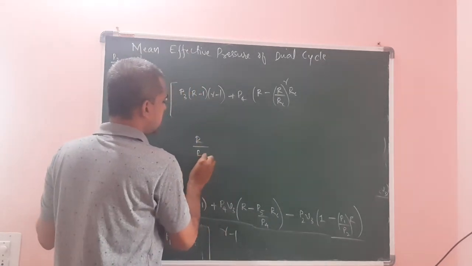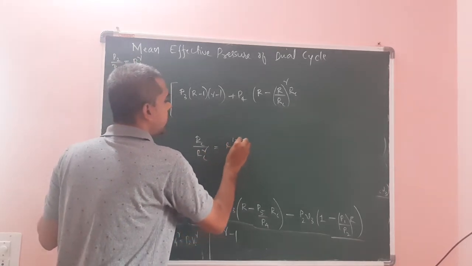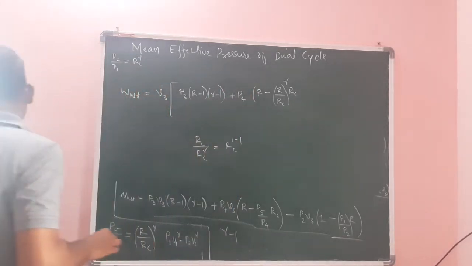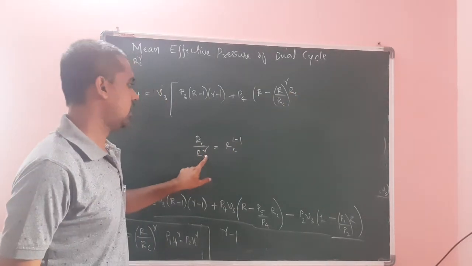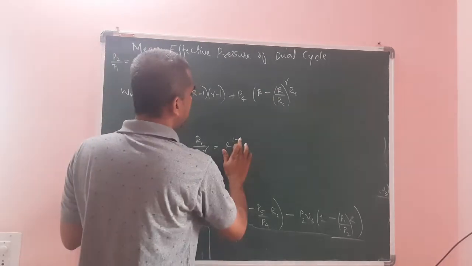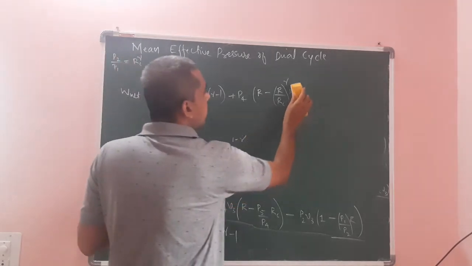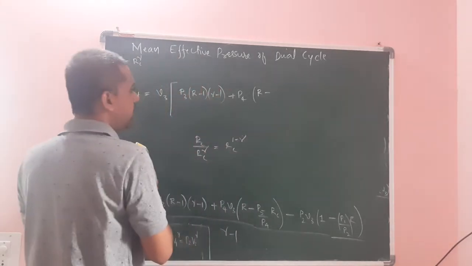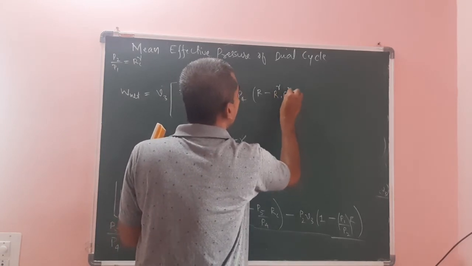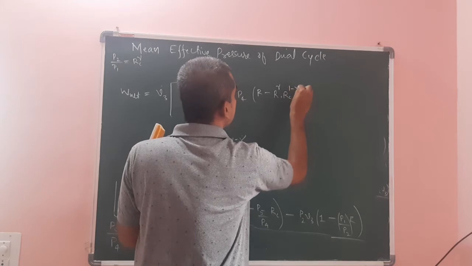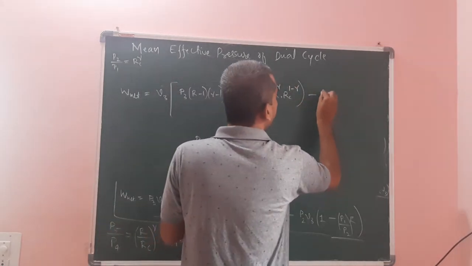RC divided by RC raised to gamma. Therefore, we can write it as RC raised to 1 minus gamma. That one I will write here only because it will be confusing. Okay, here RC divided by RC raised to gamma, but I will write it as RC raised to 1 minus gamma using rules of indices. Therefore, what will be? It will be R raised to gamma into RC raised to 1 minus gamma. Okay, this term minus of P2